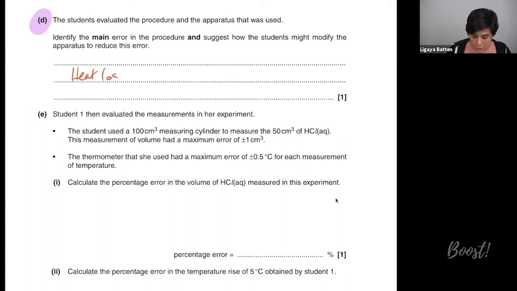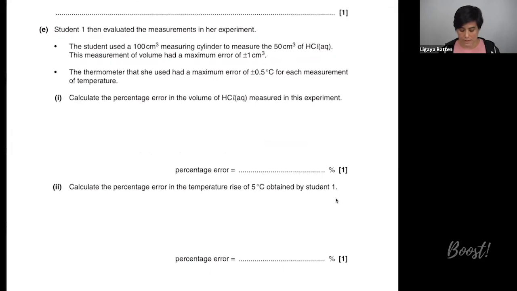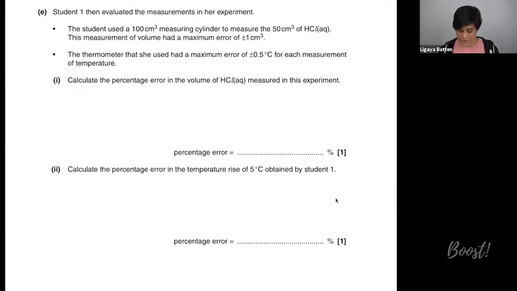And therefore, the main way that a student might modify the apparatus to reduce this error would be insulation of some kind. But let's focus on this calculation of uncertainty. So the student evaluated the measurements in her experiment. The student used 100 centimeters cubed measuring cylinder to measure the 50 centimeters cubed of hydrochloric acid that was in